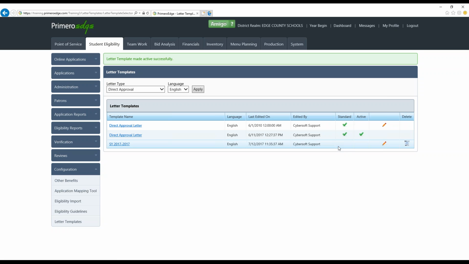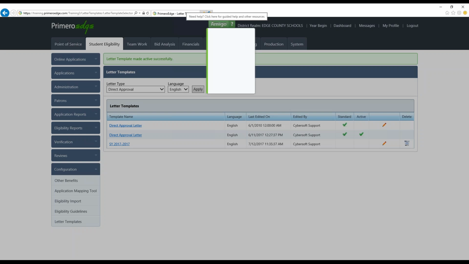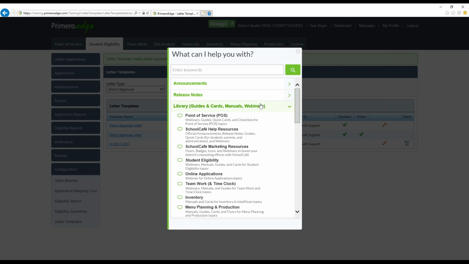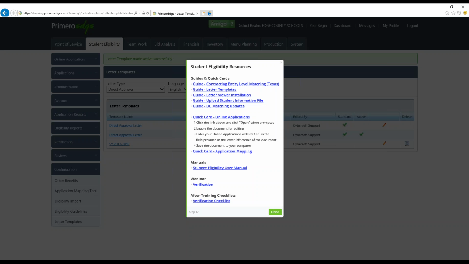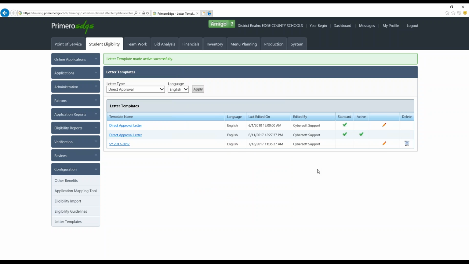As I mentioned at the beginning of our overview, there is a guide that is available to you in reference to letter templates that's available in the handout section of your webinar panel. Feel free to, at this time, if you want to navigate there and open and download that to your desktop or print it, you can do so. But if you're unable to, know that that is also available to you in Amigo. So again, by clicking in Amigo, and selecting guides, cards, manuals, and webinars, selecting student eligibility, and you can see that there is a guide to letter templates here. And that just gives you a little bit more information regarding the letter template process and how you utilize them